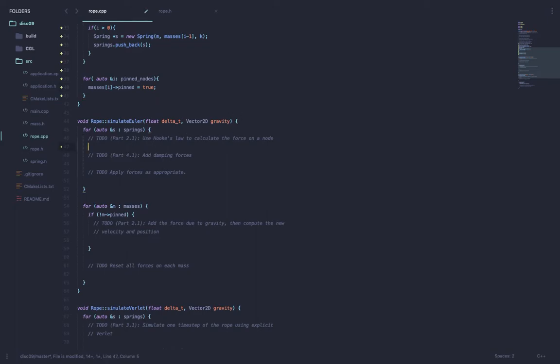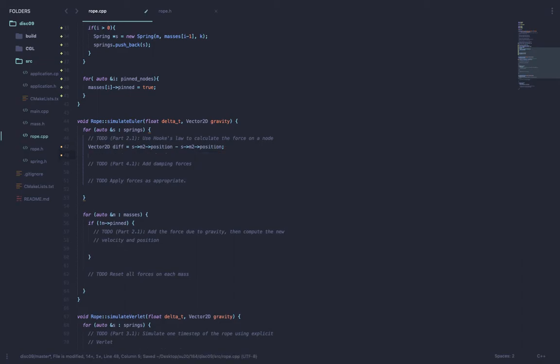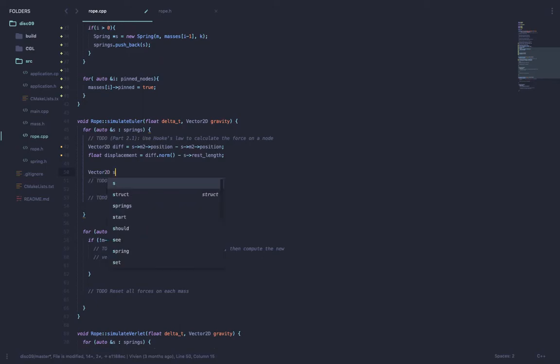So we're going through this for loop of all springs, okay? So what we're going to do is find the length of the spring, okay, so that's just taking the two point masses on either side, subtracting the position to find how long this rope is, and then given that, now we can find the displacement. Okay, so now that we've calculated this, what we can do is actually find the force,